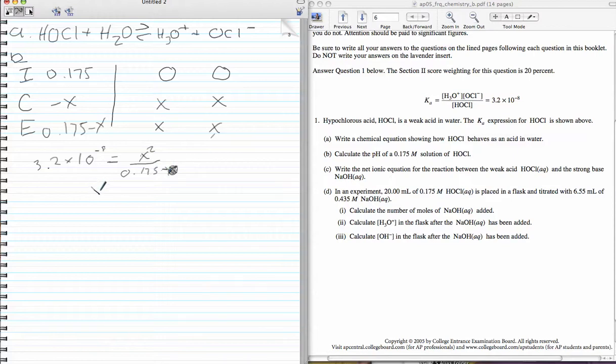And so with that, we just have to solve for x, so multiply both sides by 0.175 and take the square root of that value to get our value for x. And so when we do that, it comes out to a concentration of x, which is the concentration of H3O plus, that is 7.5